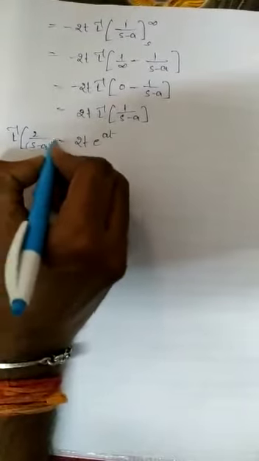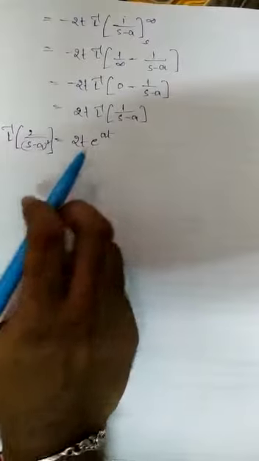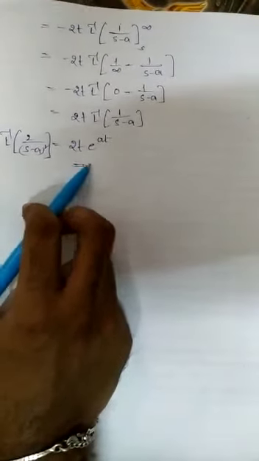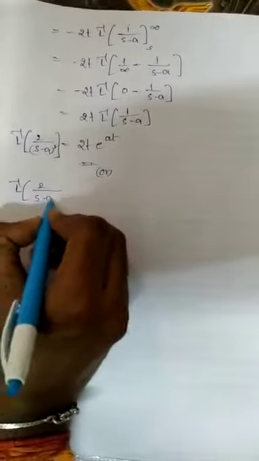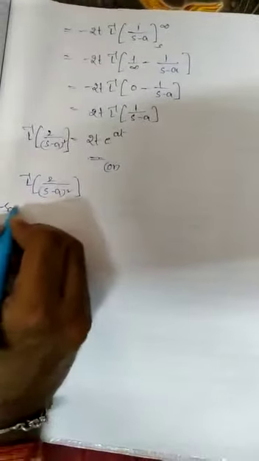e power of at. Right, so that is which value? Laplace inverse of 2 by (s minus a) whole square. Okay, so that is the Laplace inverse of the given function. We can solve this by using this method, that is the inverse Laplace transforms of integrals method, or directly we can solve this by using a direct method. Right, now let us see one more method.